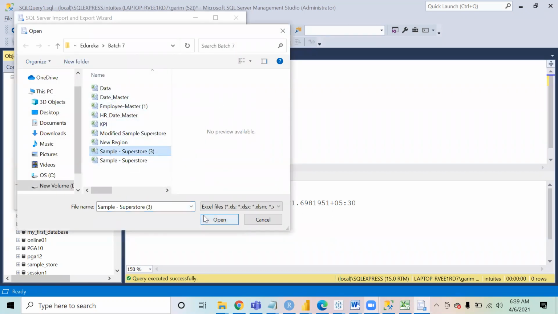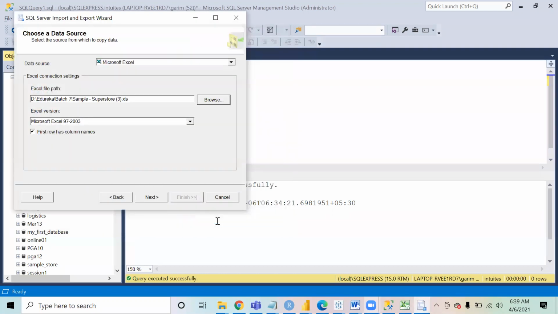You can simply select that Excel file, and then you click on next.